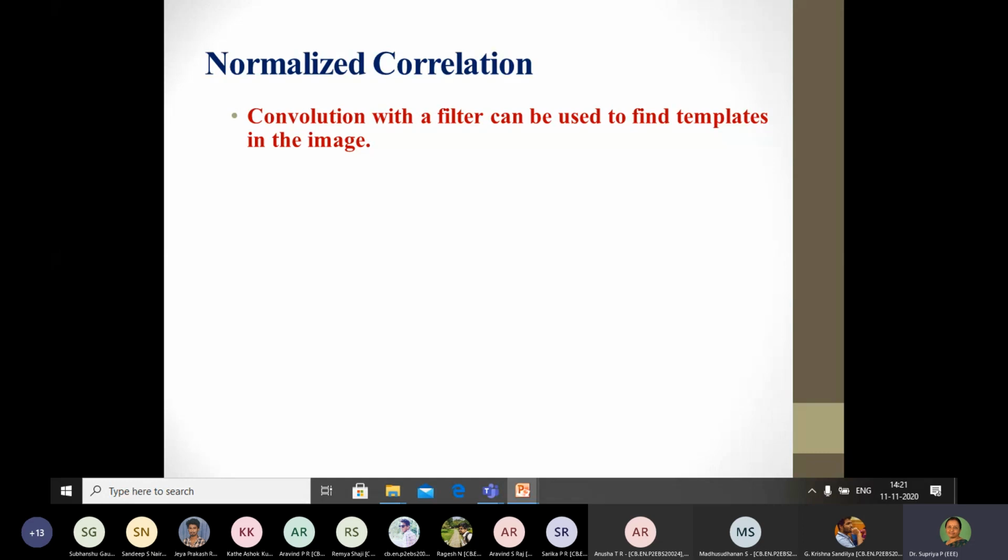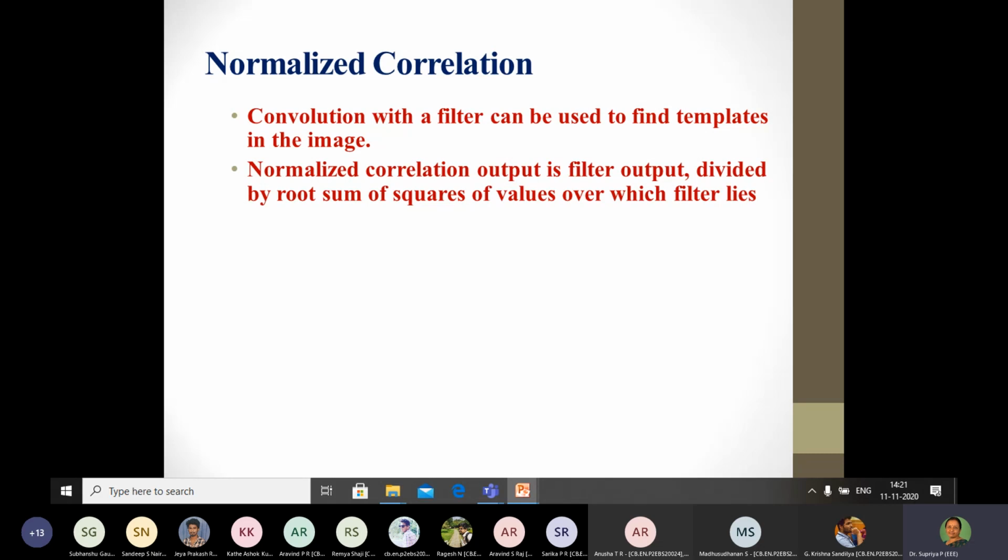Correlation, as the term states, is going to correlate, which means if you have two black images, it will give a full correlation. If you have a black and white image, it will show that there is no correlation between them. And similarly, if you have black and gray, it will give corresponding correlation between them. And as a result, this normalized correlation process could be used as a template matching example. Though there are other template matching solutions, we would prefer to go with a simple correlation example.